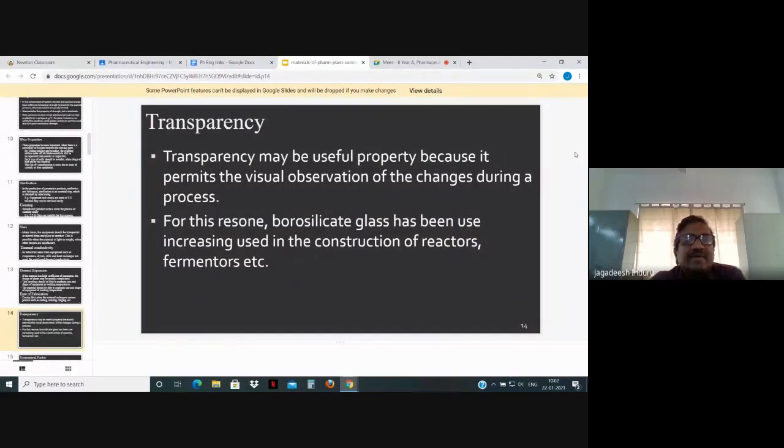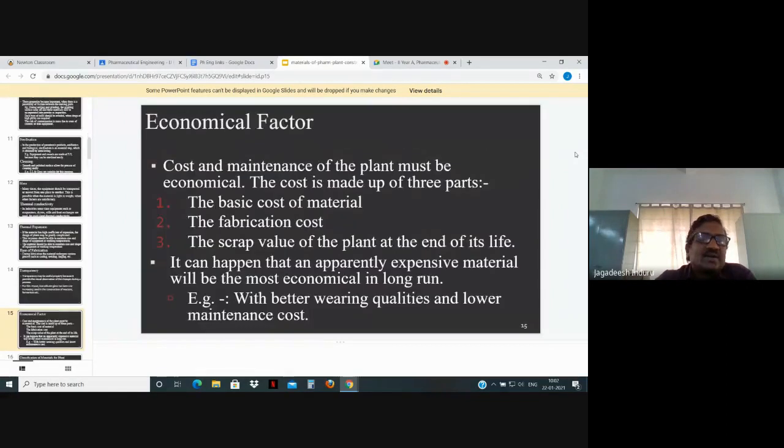Transparency is a very important and last parameter in our selection. Why am I telling it is the last? It is possible only in the case of glass and some cases like plastic. So they will be considered. Economic factors, of course, it is required to be cheap. This one we have already